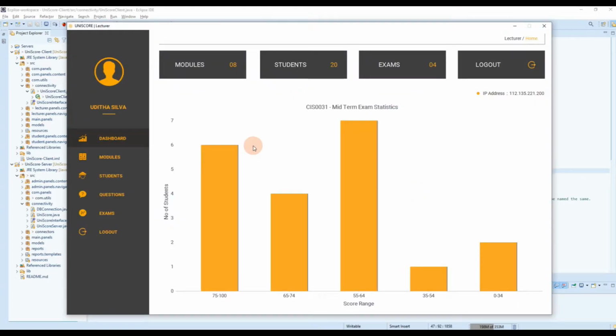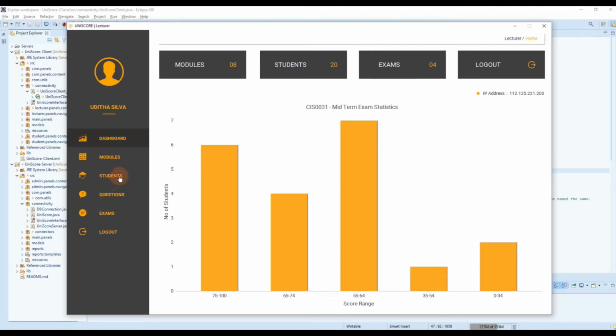Here in the dashboard we see a bar chart. This represents the gradings of the most recent examination of which the signed-in lecturer oversees. The four cards above hold total figures of relevant collections. First holds the number of modules the signed-in lecturer oversees, second the number of students enrolled to the system, and third the number of exams allocated for the overseeing modules. On the right we see an IP address. This is the IP address of the signed-in lecturer which is obtained through IP5 Web API.